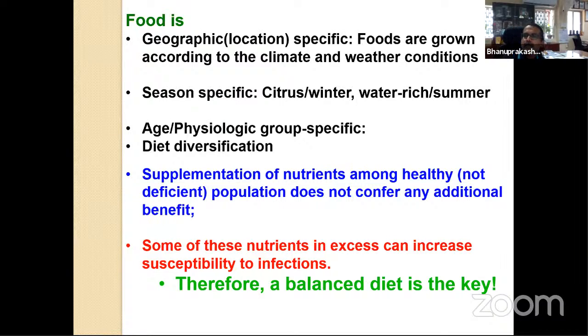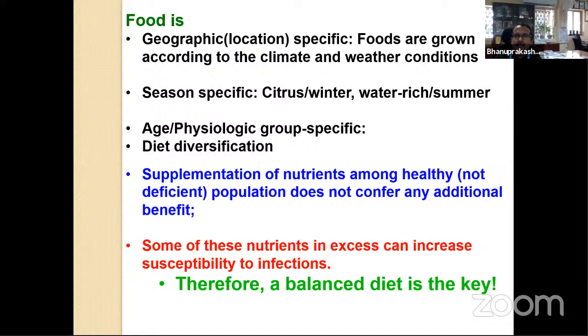Yes, I'll tell you, people always these days, because anything excess is not good. Too much health awareness creates a problem, because people think that olive oil is good for us. Yes, certainly olive oil is good for us, but it is not grown in our area for the reasons that I said. It is geographic specific. People who are in the cold regions can take it, but you don't need it. Yes, you can take it, but you don't need to import it, and you don't need to pay 1,000 rupees instead of 100 rupees. You have the groundnut oil, which is good for you. So this is the awareness, I call it.